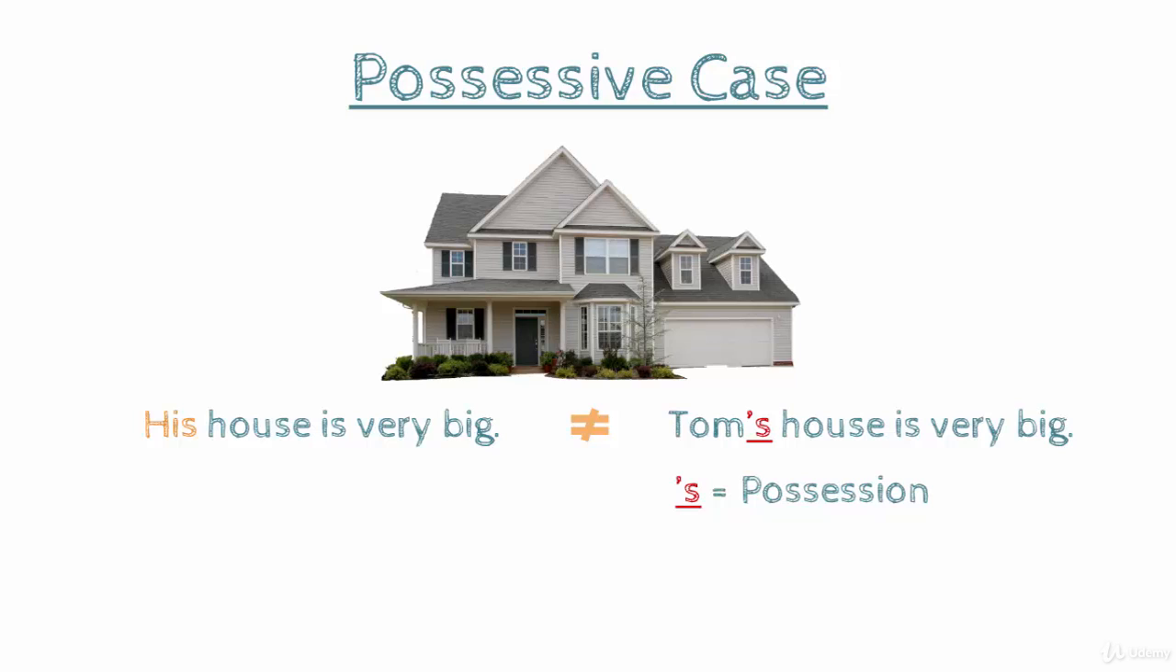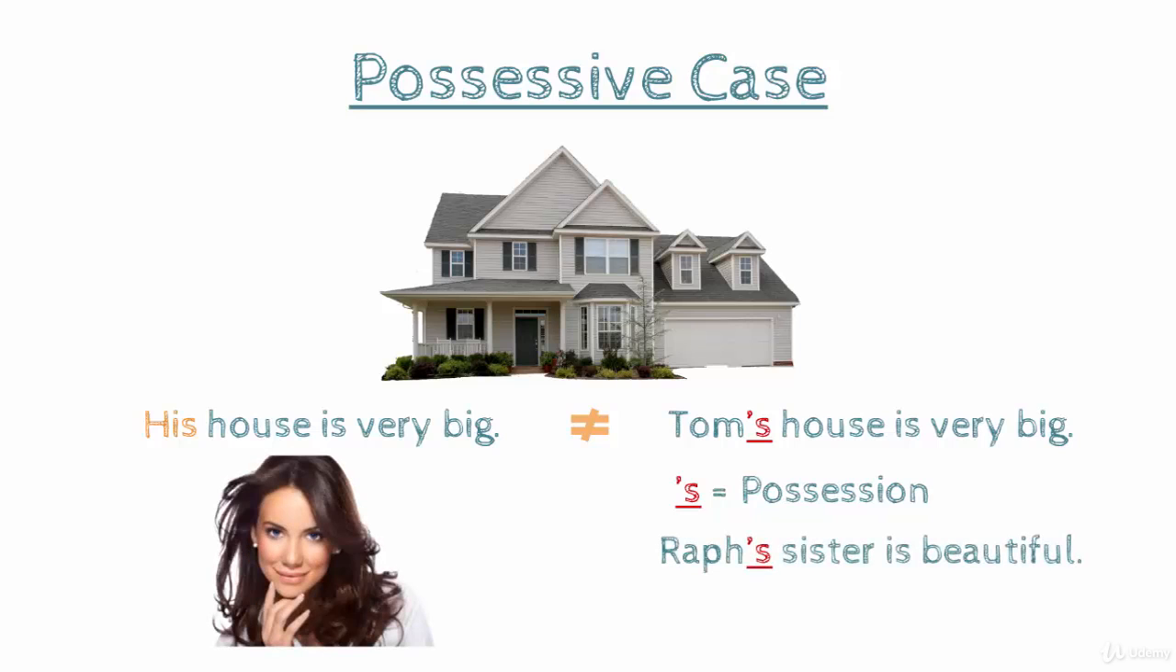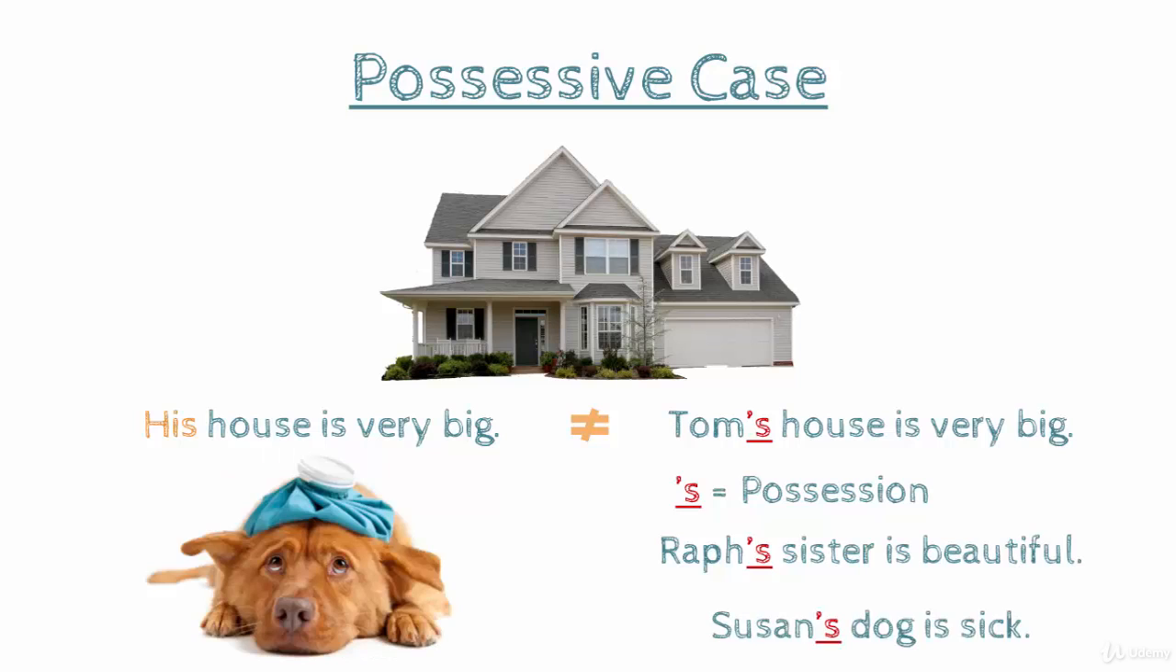Okay? Let's see some other examples here. Raf's sister is beautiful. Susan's dog is sick. So guys, remember, you can use possessive adjectives, possessive pronouns, and now you have a third